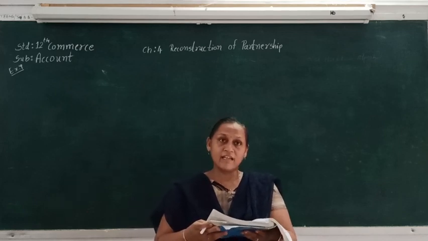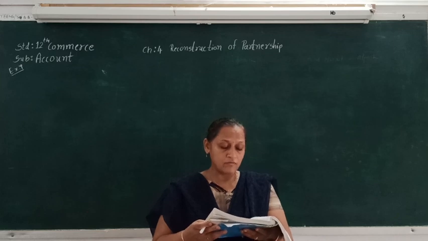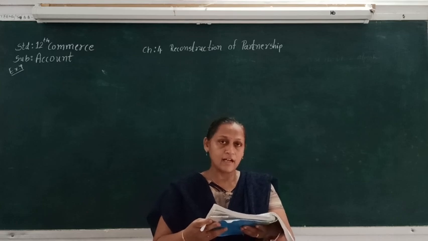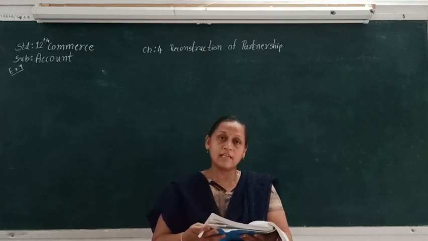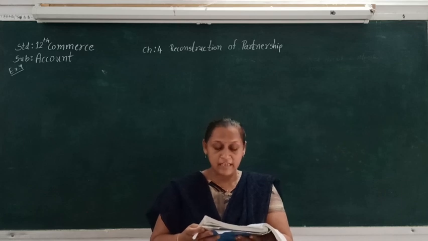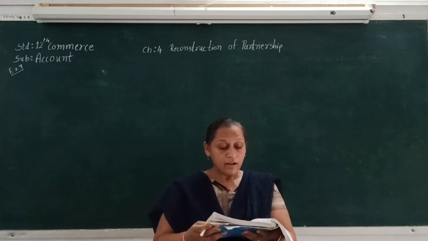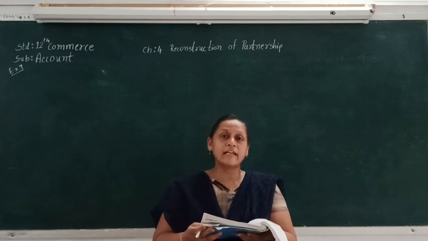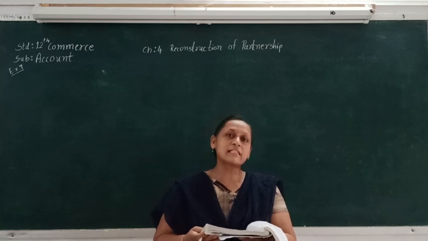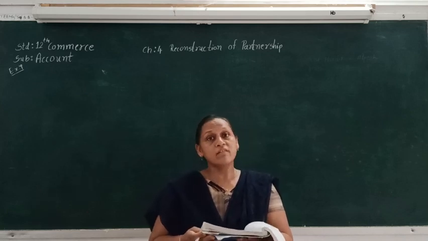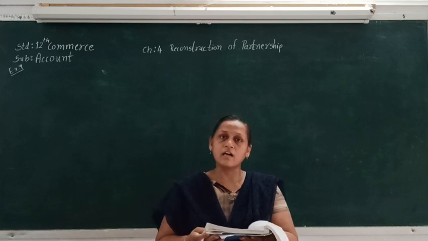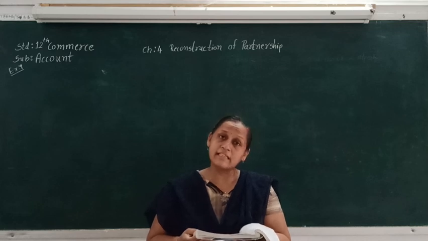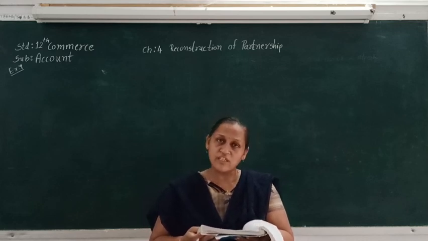On the liability side, we can see that there is a capital account of Hardik and Alpesh. The capital of Hardik is 1,10,000 and the capital of Alpesh is 90,000, and the total of this is 2 lakh. Again, we can see that there is a current account of the partners. From this, we can understand that they are following the fixed capital account method. So whatever the profit is there in the revaluation account, where do we have to add it? In the current account, because there is a fixed capital account, we cannot change the capital.